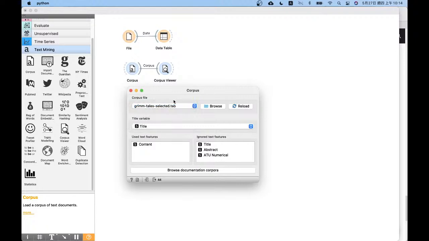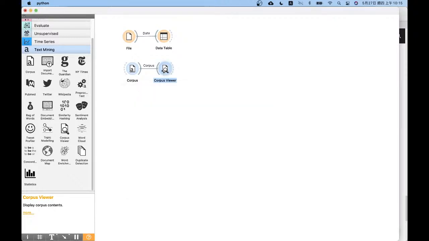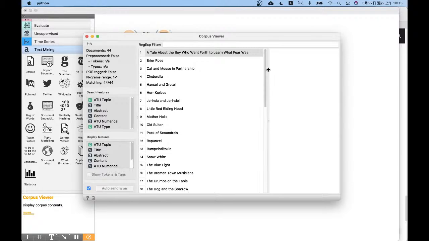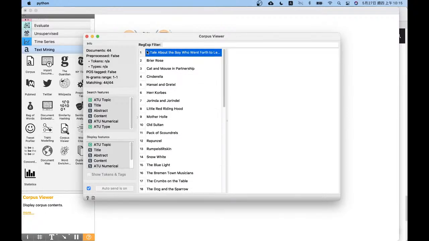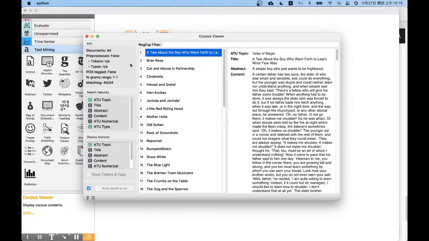For example, we use the first one. It's Tales. 这是格林童话嘛？Grimm Tales. There is several different information right here, and we can simply click Corpus Viewer. As we can see, here are 44 documents, 44 tales. Each of them has a title. So the title is right here. When you click different documents, we say articles,